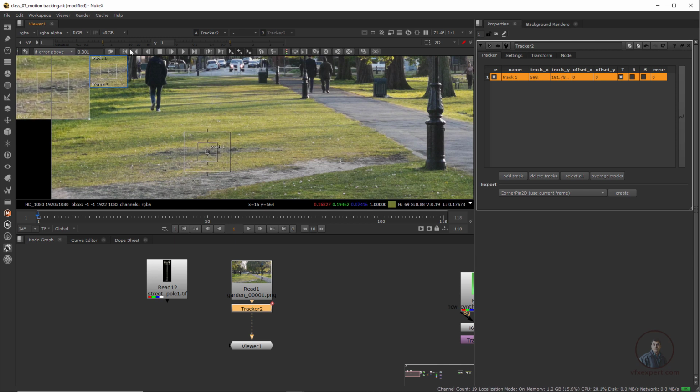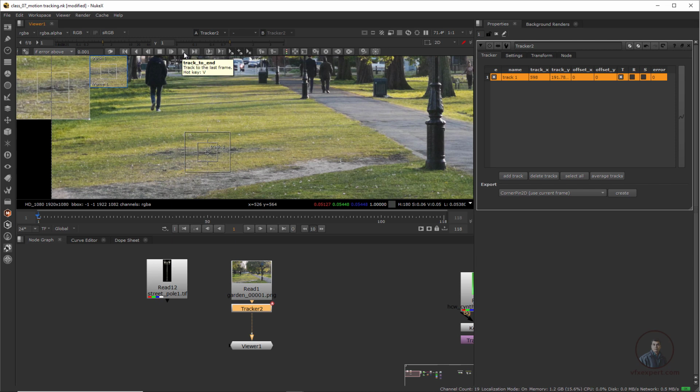In our viewer, these are our tracking control parameters. These are for forward tracking and these are for backward tracking, and if you want to stop your tracking, you can simply click on this stop option, and here are some other options. We will see all the options while we track this shirt. So now I am going to track this shirt. I have placed my CTI at our starting frame. First we have to track forward, so we simply click on this track forward.